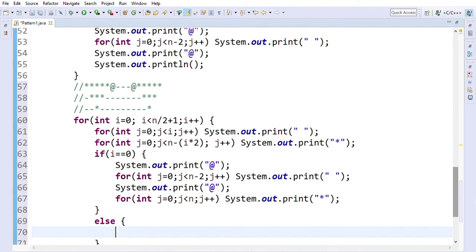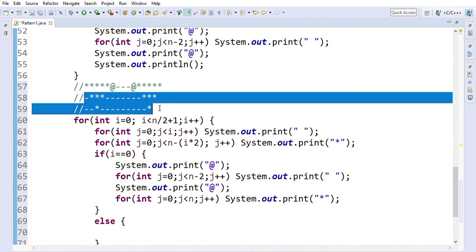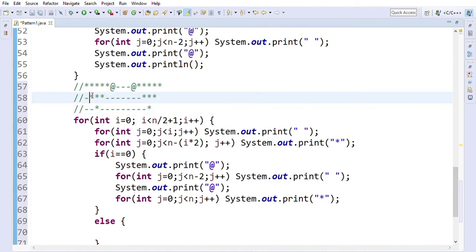For i not equal to 0, that means this part. For the first line, we are printing one white space, that is already printed here. Then 3 stars, that is already printed here. Then we have to print white spaces for n plus 2 times, that means n plus i into 2. Here we can also see n plus 4, that means n plus i into 2.